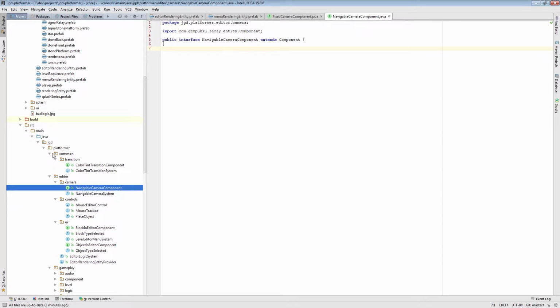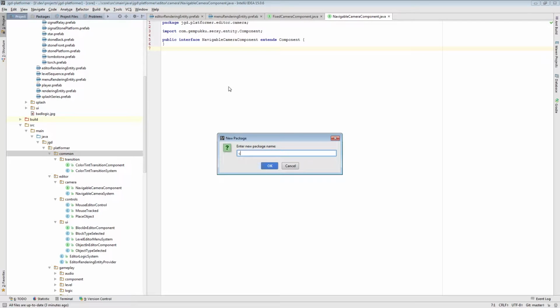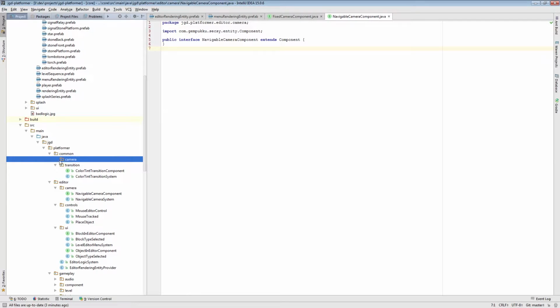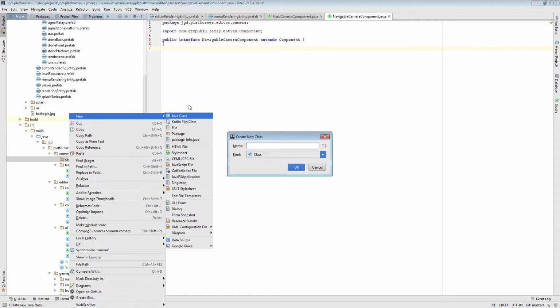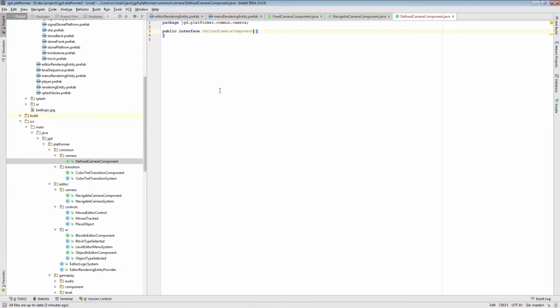What I'd like to do is put them in the common, because they'll be using the same one. So in here I'll have camera, and let's call it defined camera component, because I'll specify all the stuff that is defined in the camera itself. It's going to be an interface. It's going to extend the component,